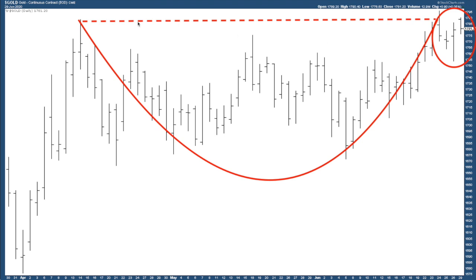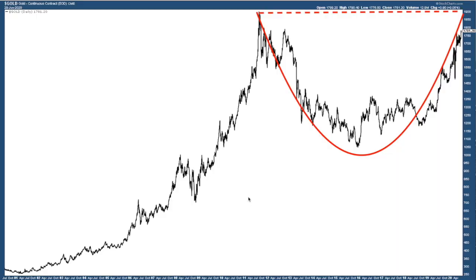Here we get into quackery zone. The difference between the rim and the bottom of the cup is $125. So that's a $125 rally we should see if gold breaks to the upside, and that rally would take us above 1900 and into the retesting gold's all-time highs zone, which would be nice, let alone form the handle, so don't get too excited. But in any case, here's gold since 2001,